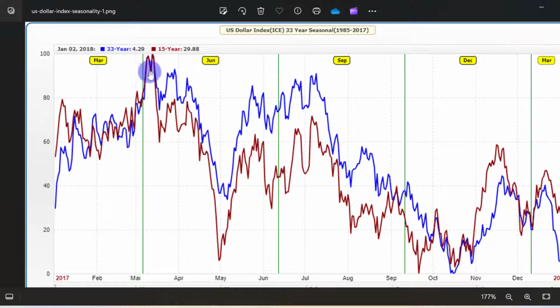You can see on the seasonal data that the dollar started to go bearish from the month of March. So the month of March will most likely see the dollar form its high of the year. All right, in the month of March, we will most likely see the dollar form the high of the year. And look at what happened. The dollar started to drop towards the month of May. So the dollar has been bearish, forming lower low, lower high, lower low, lower high till the start of the month of May. All right, guys.